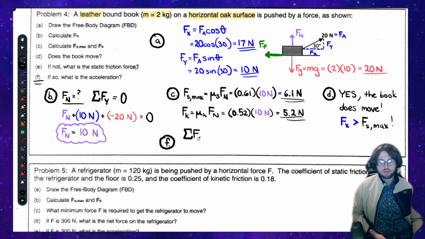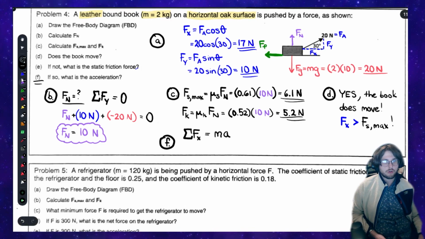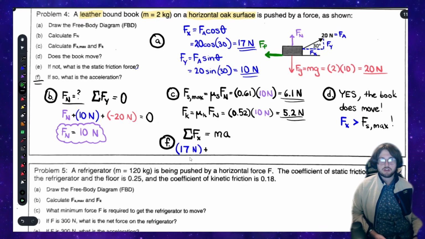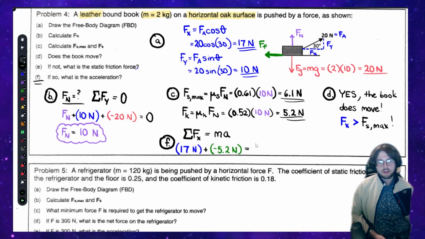So we're going to say the sum of all the forces in the x direction must equal, well, we know this book is moving in that direction, so we're going to say it's equal to the book's mass times its acceleration, which we're solving for. Okay? And then from there, we need to add all of our horizontal forces together. So the x component of our applied force is 17 newtons. So adding that together, we're going to do 17 newtons to the right, plus kinetic friction to the left, which is in the negative direction. So it's going to be negative 5.2 newtons. And all of that together has to equal a mass of 2 kilograms times this book's acceleration